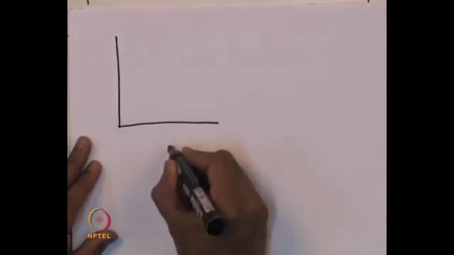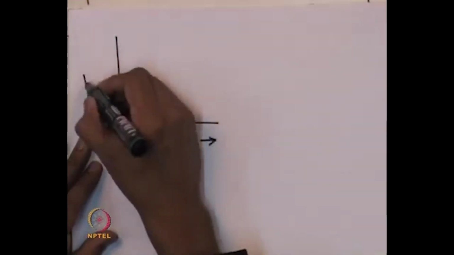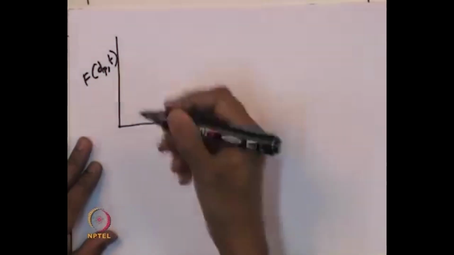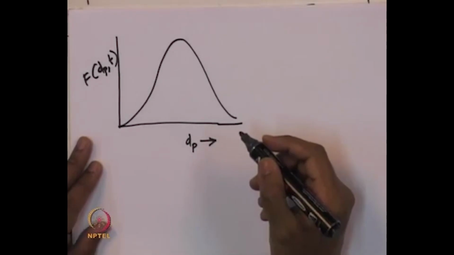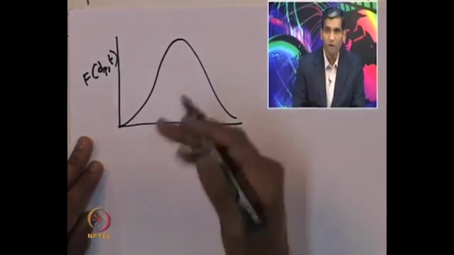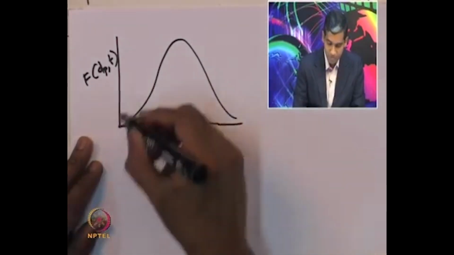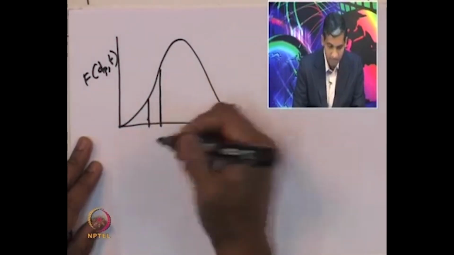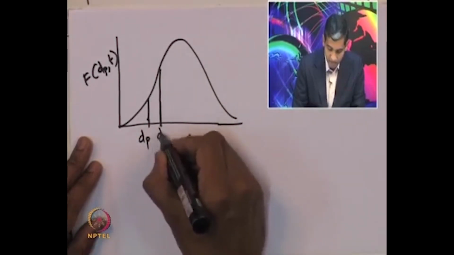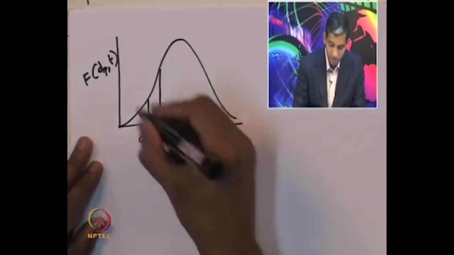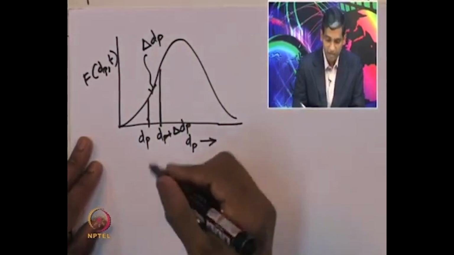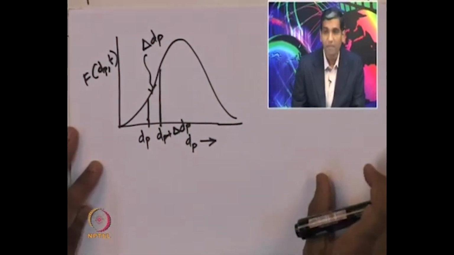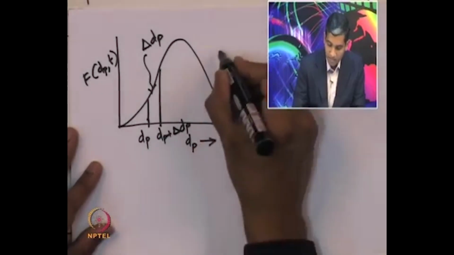Now, suppose we look at the distribution at any time, and it is some general curve like this. Now, we can write a simple balance on the population of these drug particles. And suppose we take a small element between dp and dp plus delta dp. So, the thickness of this element is delta dp, and by definition of this histogram, the integral